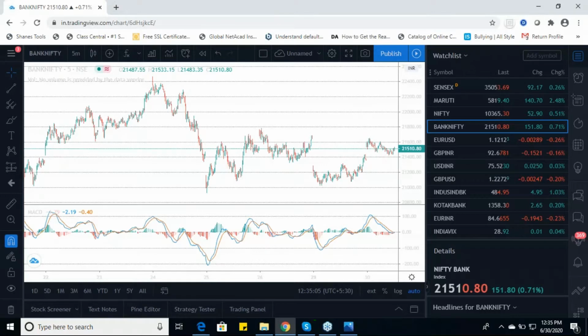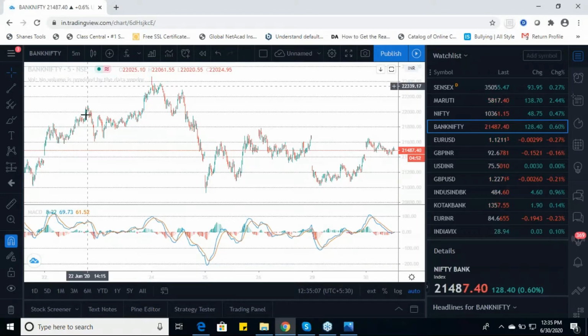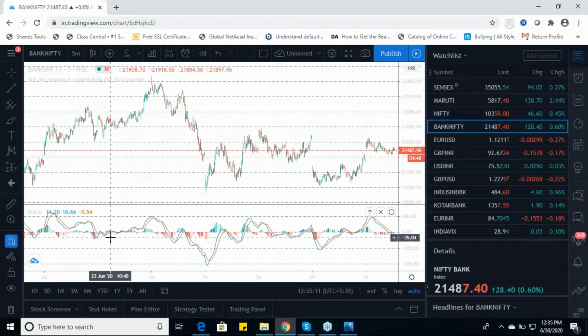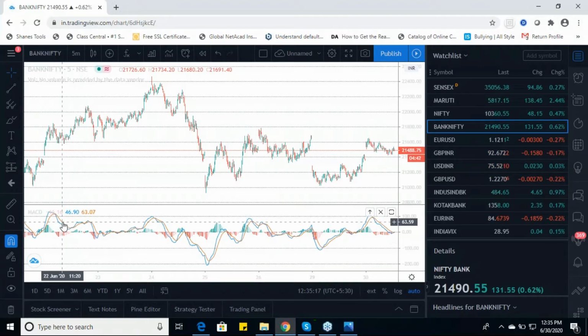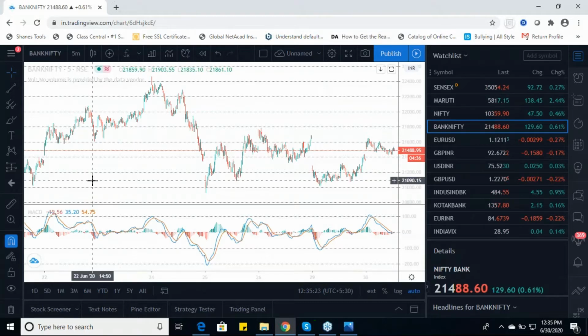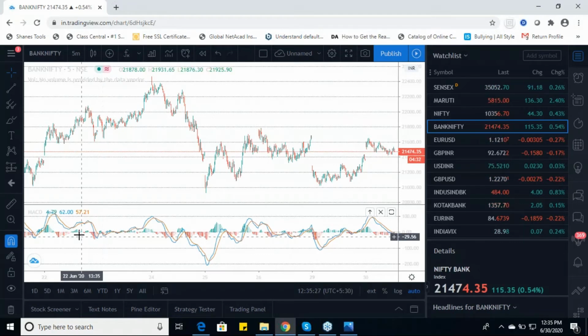So here's the chart which I have opened. That's a Bank Nifty 5-minute chart. As you can see, that's a candlestick chart, and along with that, I have opened an MACD chart. Okay, so here's the MACD. The yellow line is the signal line, and blue is the line where the MACD is crossing. So you can consider the MACD as the blue line and yellow as the signal line, and the rest, red and green, are the volume indicators, which show you the volume and how it impacts it.